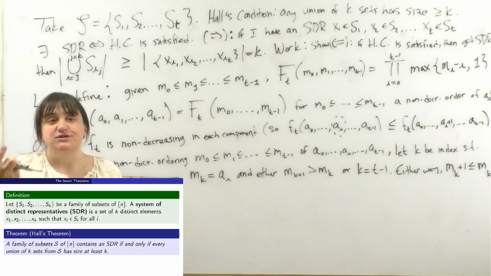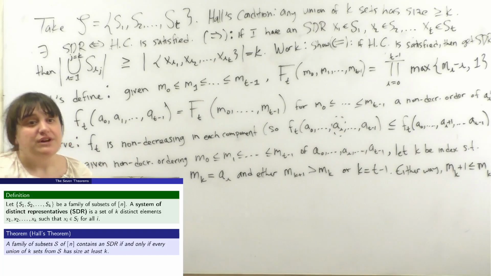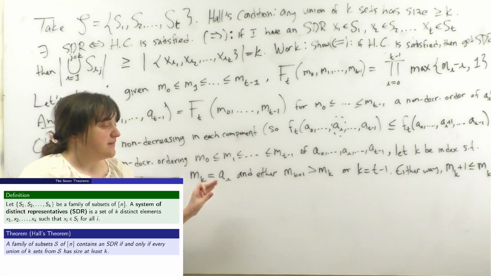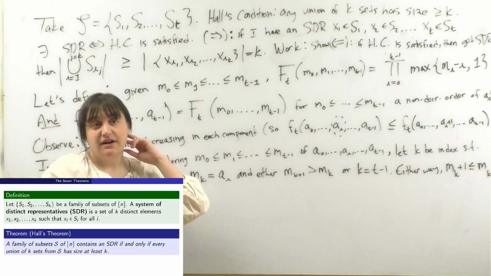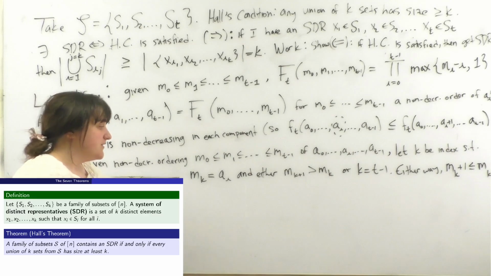If I have two integers and one is strictly bigger than the other, then their difference is actually at least 1. So by just choosing carefully which of the terms in my non-decreasing list I want to associate to this a_i, I can convince myself that